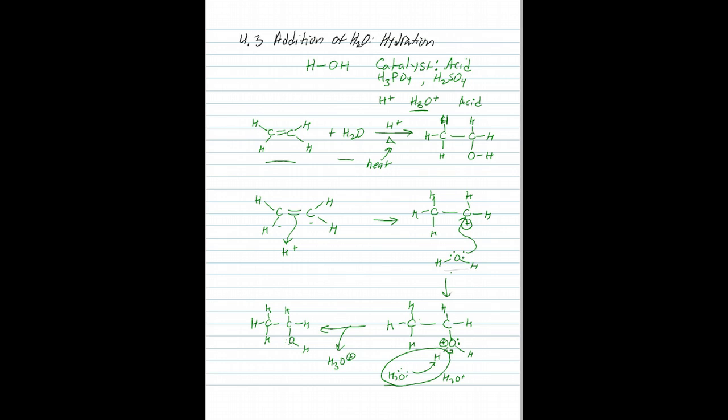Very similar. The pi bond grabs the proton, just like we saw in the previous example. Your pi bond grabbed the acidic hydrogen on your HCl. You form a carbocation. Your nucleophile in this case is your water molecule. The lone pairs come in to form the bond with carbon. You have an extra proton in this case, so this is not the same as we saw in the last example, but in this case you've got a proton, and you have to